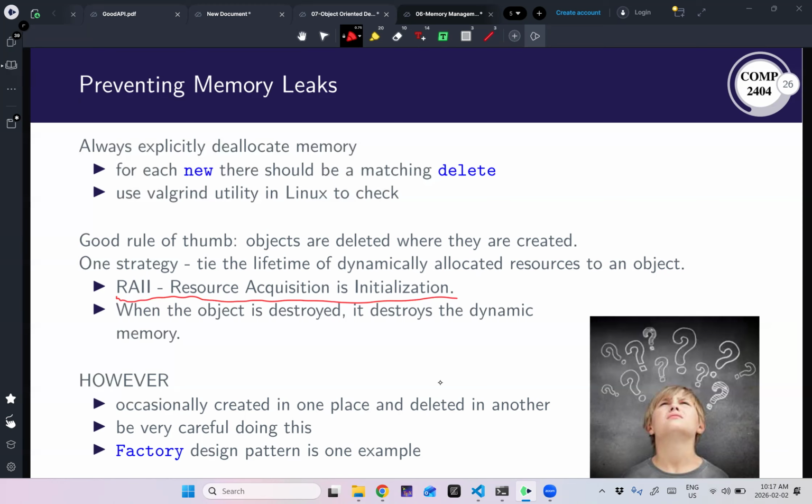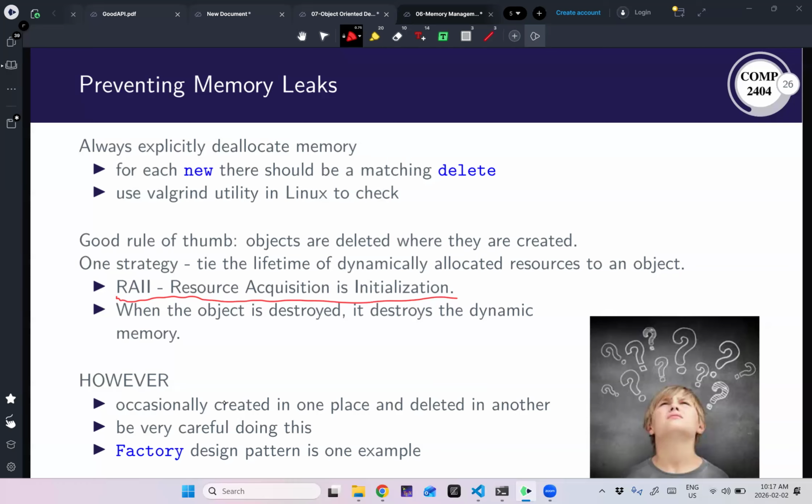What it means is that when I allocate dynamic memory, I'm going to tie it to the destructor of a statically allocated object. We saw in assignment 1, we don't have to delete anything that is statically allocated. All of that happens automatically. So now the idea is we're going to tie these things that we have to delete to these things that automatically get deleted, and then we don't have to worry about it. We're going to see how that looks in practice today.